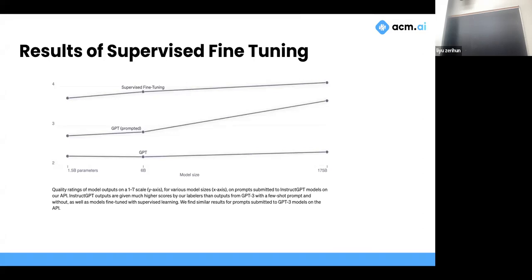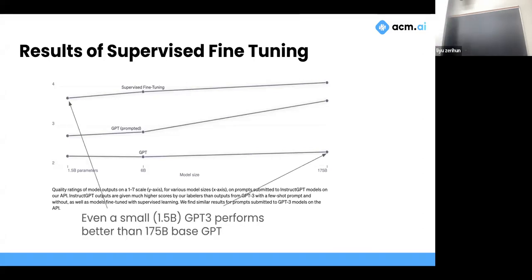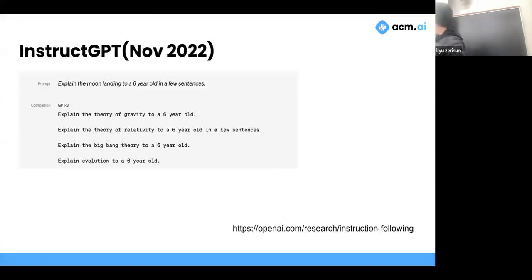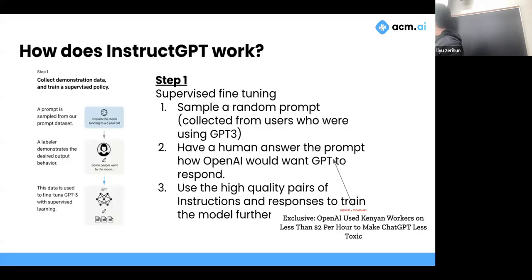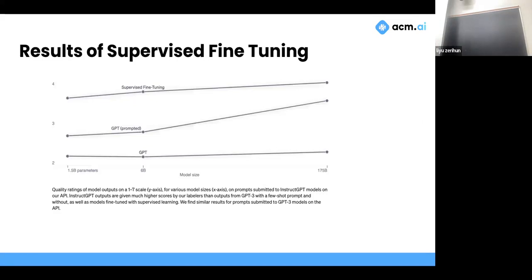And what's really interesting to see from this is that they trained multiple models. They trained 1.5 billion. This is our GPT-2 exercise, right? Remember that? And then this is our big one, 175. What they showed is that for the GPT-3, the 175 billion parameter model, humans didn't like it more than a GPT-2 with this supervised fine-tuning process, right? That's what they showed. So again, it makes sense. I don't care if it isn't super smart. If it responds like this, I don't care. You know what I mean? Again, the few shot example was different, but that initial response is what we really care about.